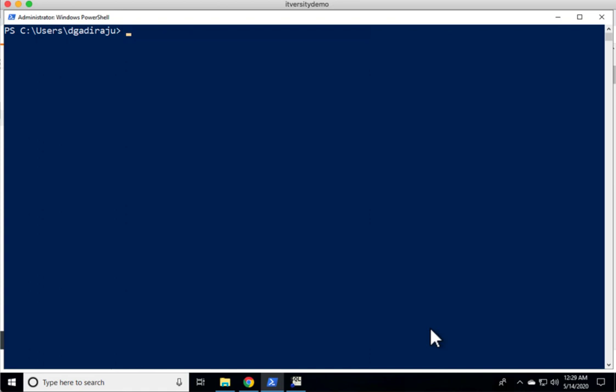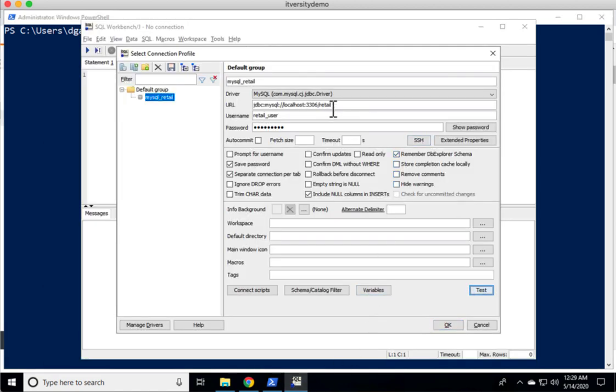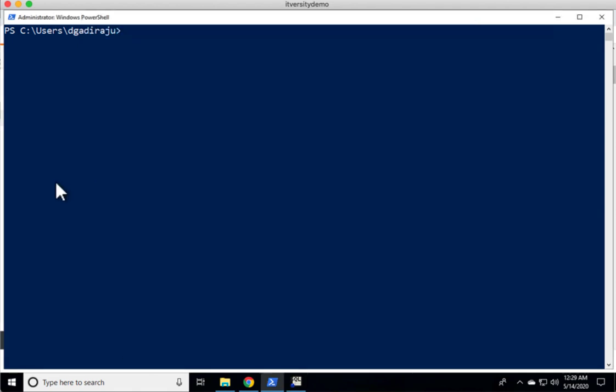However, we see a different experience compared to what we have seen earlier, and hence we should be able to use this to connect using SQL Workbench. However, other details are not valid because the database is also gone along with the user. We have to recreate the user, recreate the database, and run the createdb.sql script once again to create the tables and load the data into those tables. So let's get into those steps: recreate the database along with the user, create the tables and load data into the tables. Then we will validate using SQL Workbench.